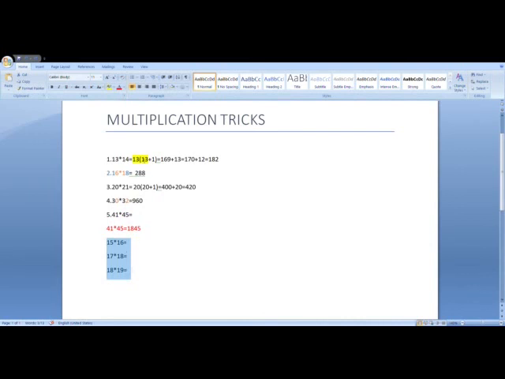So first try to learn 11 to 20. It's enough for solving these. If you learn the squares from 11 to 20, like 11 square 121, 12 square 144, 13 square 169, then you can easily solve these. Learn 15 square, 16 square, 17 square and till 20 square, and maybe till 30 also. I'll be giving a list of squares of numbers in the next lecture,